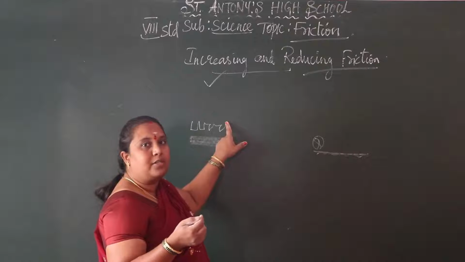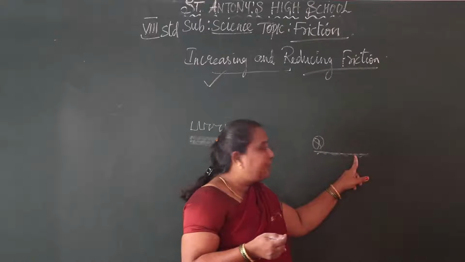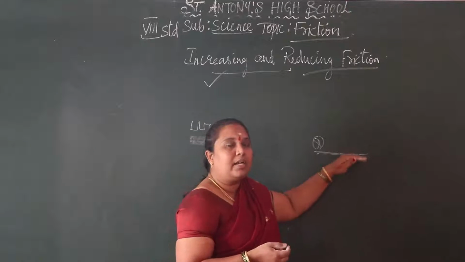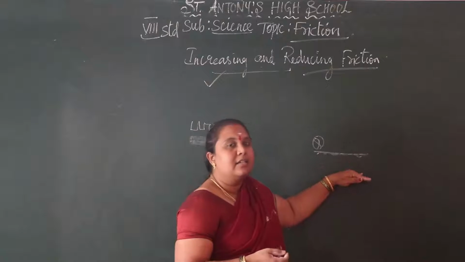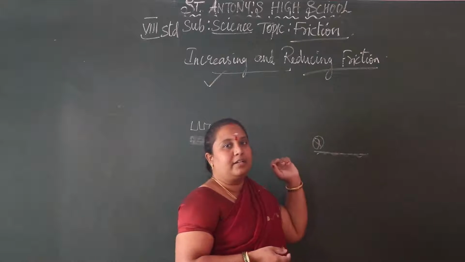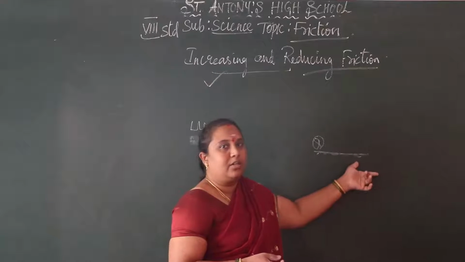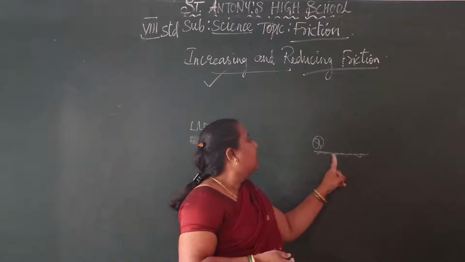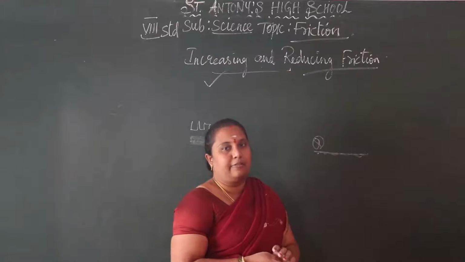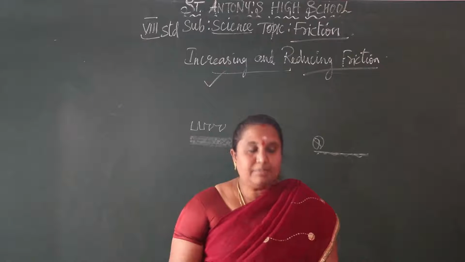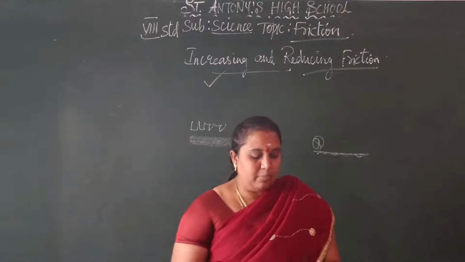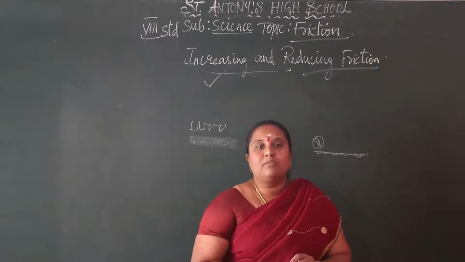But here the surface of the ground floor has so many irregularities, so we reduce those irregularities, which reduces the friction. By reducing friction, we change the irregularities into a smooth surface. Sometimes, in order to have a smooth surface so that objects can move very easily, we reduce friction.